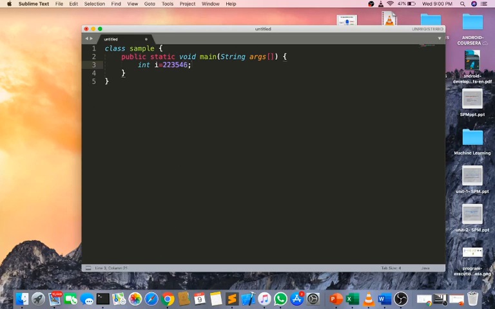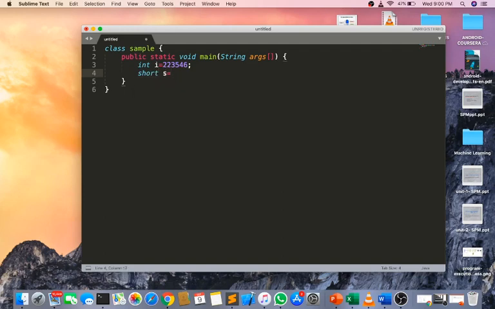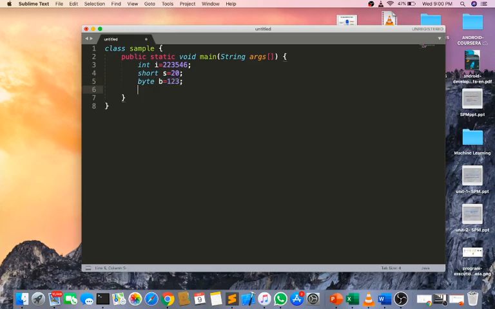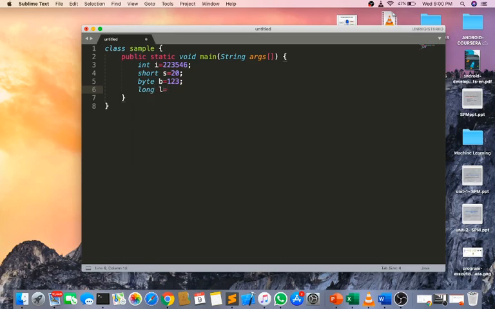Any value you want. Then short equal to something like 20, byte b equal to 123, long l equal to whatever value you want to give. Then just print it.